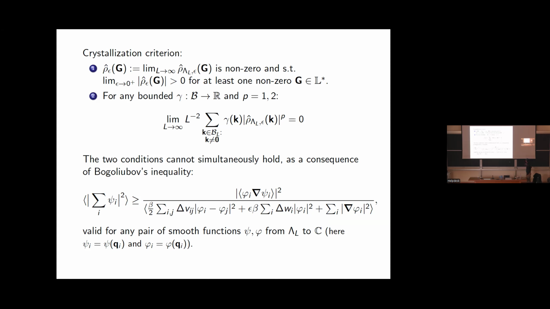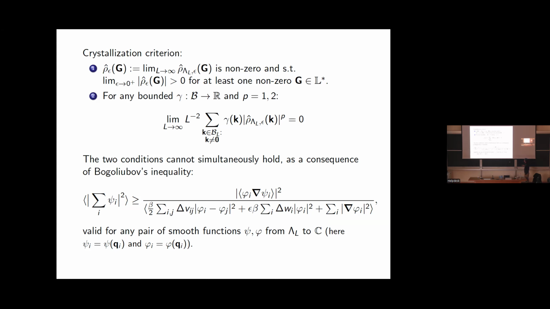Not only is it non-zero, but also the limit as epsilon to 0 is different from 0. So somehow having a non-trivial modulation in the limit in which you remove the pinning potential after the thermodynamic limit corresponds to having a non-trivial value of the Fourier transform for a non-zero vector associated to the right modulation vectors. So this is to say that there is a non-trivial component for Fourier vectors reciprocal to the Bravais lattice, and I would like to say that essentially for vectors that are not in the reciprocal lattice, the Fourier transform with the appropriate normalization goes to 0, and it goes to 0 in this average sense,